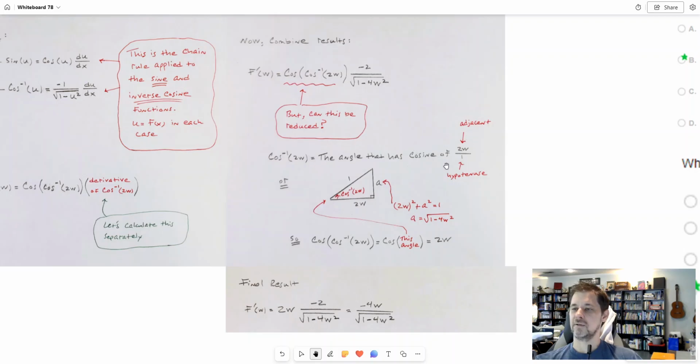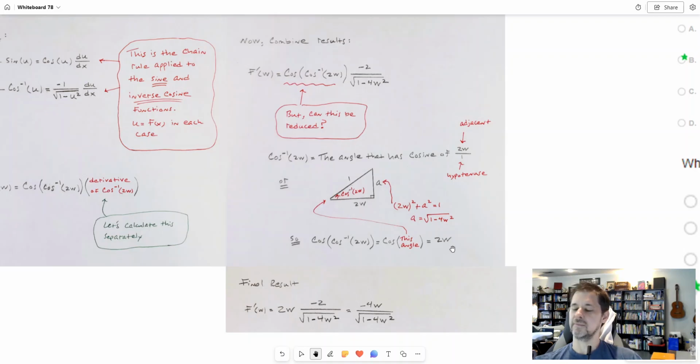Now, what would that angle look like if it has a cosine of 2w? Can you visualize an angle that has a cosine of 2w? Let's stick that angle right there, get a right triangle. Cosine is adjacent over hypotenuse. That means this side's 2w, this side's 1. If you want to solve for that side, it's root 1 minus 4w squared. So cosine of cosine inverse of 2w ultimately is cosine of that angle right there, which is adjacent over hypotenuse,